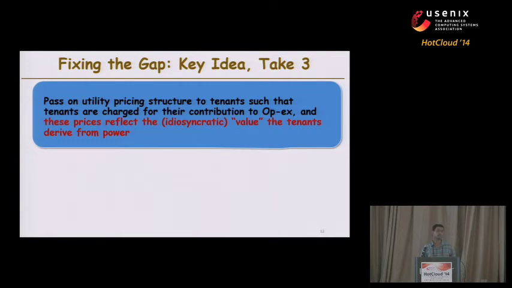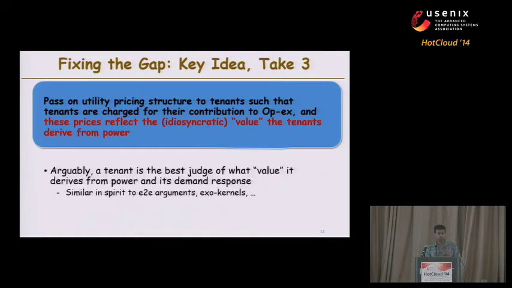Okay? And based on previous research about the diversity of the power and performance relationships across different kinds of tenants, we know that different tenants do derive and associate different amounts of value to power. Okay? So when we start talking about quote-unquote value,